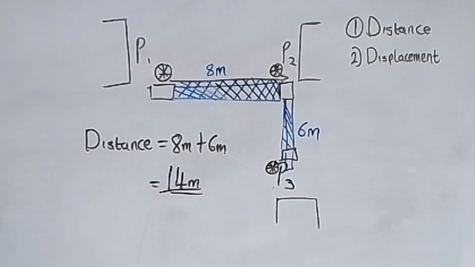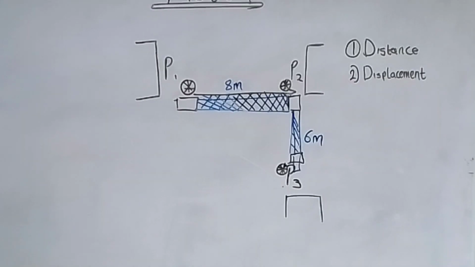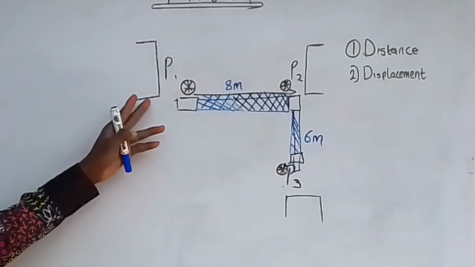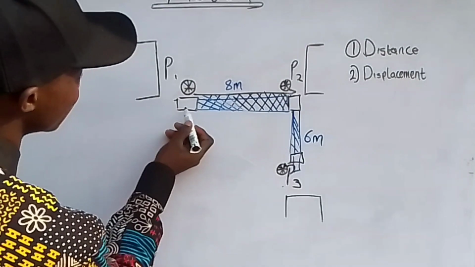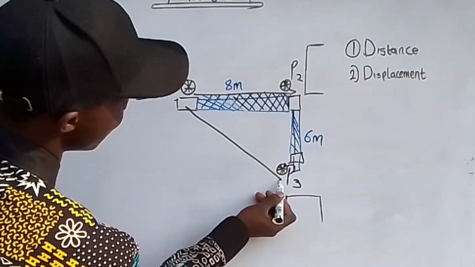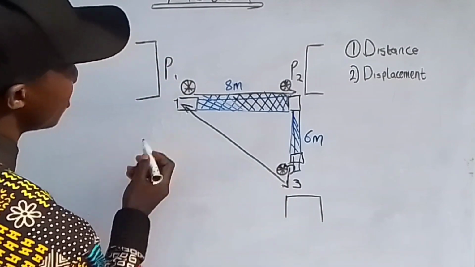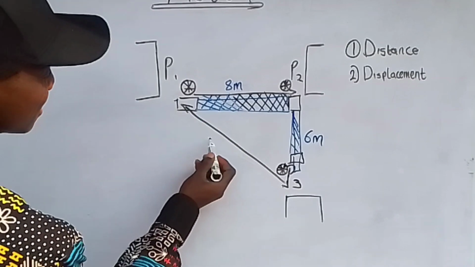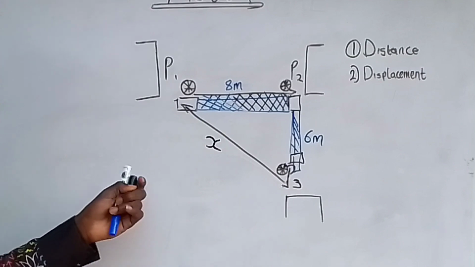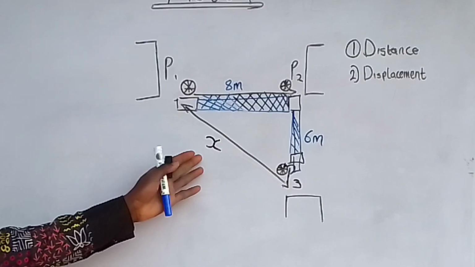Now let us calculate the displacement. Don't forget the definition of displacement. The displacement of an object tells us the shortest distance traveled by the object. The shortest distance of the ball from player 1 to player 3, that will be the displacement. In that case, let me try to draw a straight line here. So this is the shortest distance. Let me represent this distance as x. So if I want to calculate the value of x, which is the displacement of the ball,